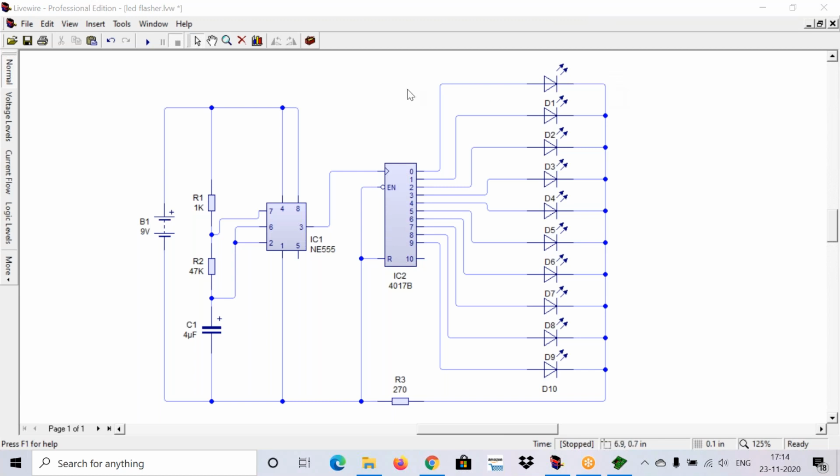After opening the circuit, I think everybody has the saved files with you, right? That is the reason I am telling you to open the file directly. After opening the file, just run your circuit and check whether it is working or not.